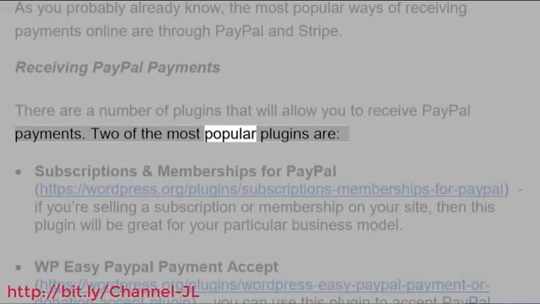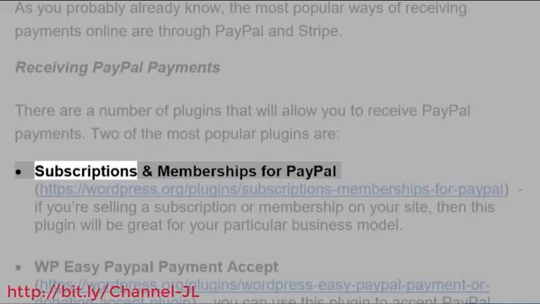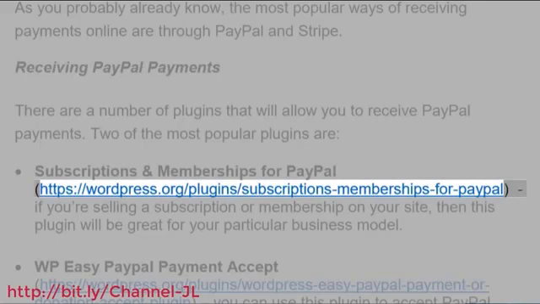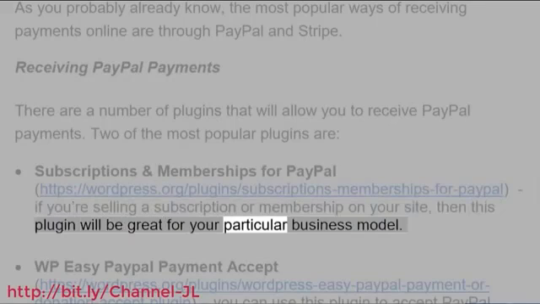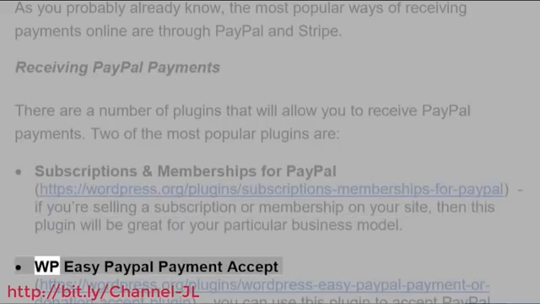Two of the most popular plugins are Subscriptions and Memberships for PayPal, https://wordpress.org/plugin/subscriptions-memberships-for-PayPal. If you're selling a subscription or membership on your site, then this plugin will be great for your particular business model. WP Easy PayPal Payment Accept,